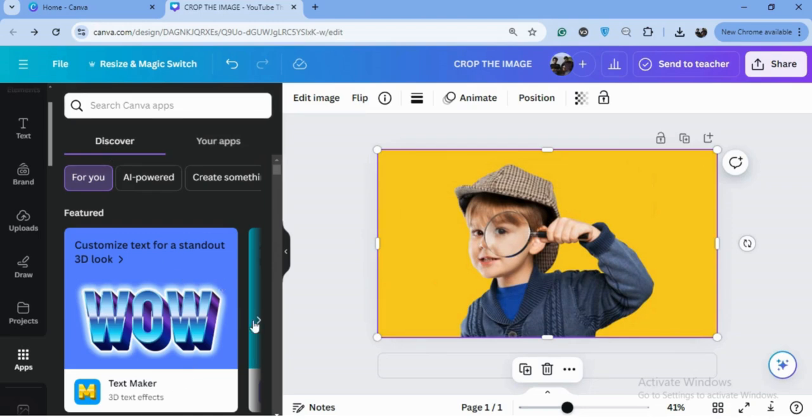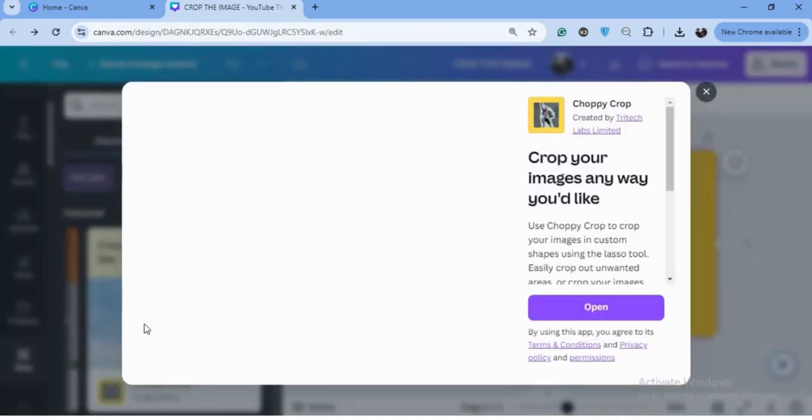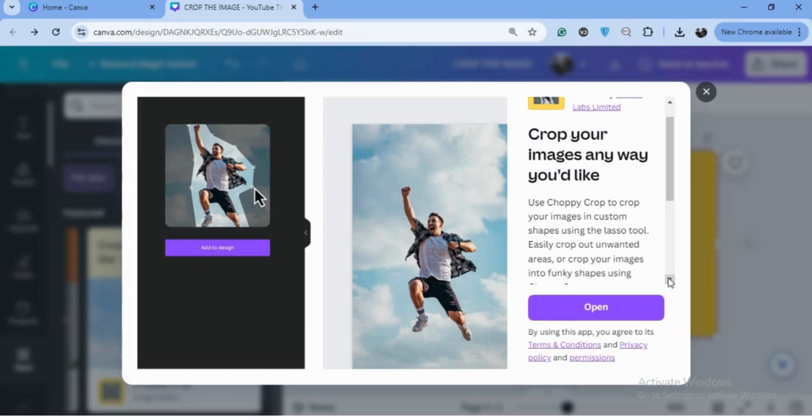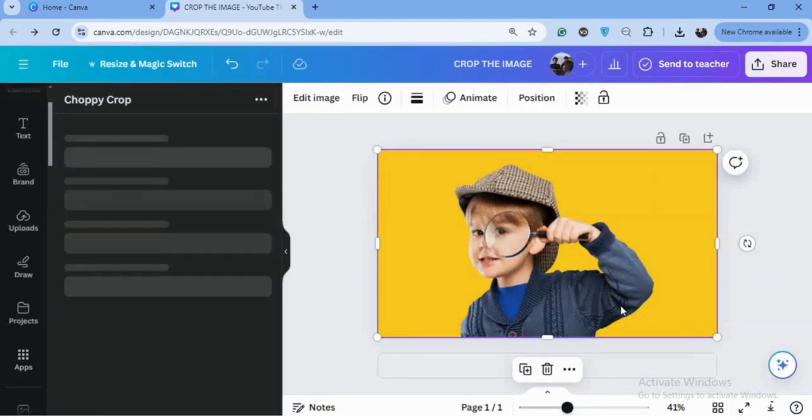Now we will search for Choppy Crop. This app is nowadays trending on Canva, so we will see how it works. And this is the app. So use Choppy Crop to crop your images in custom shapes using the lasso tool. Easily crop unwanted areas or crop your images into funky shapes using Choppy Crop. So we will open this app